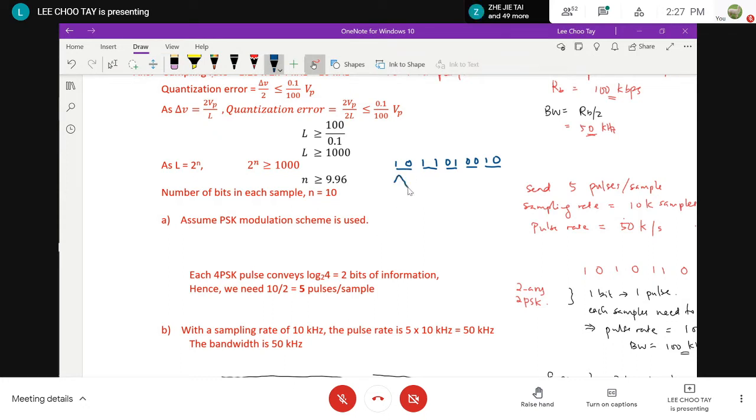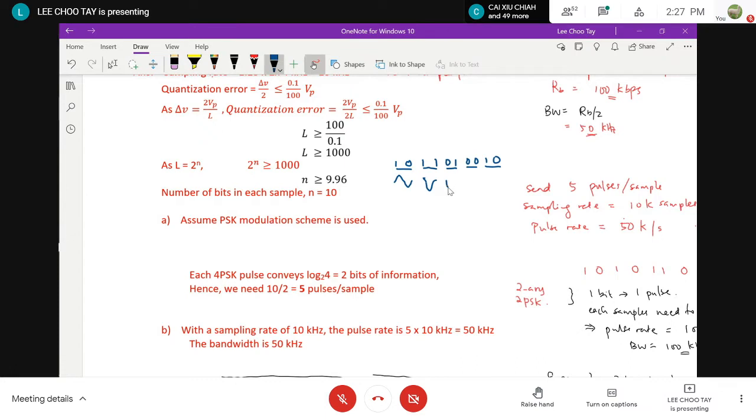So this is one pulse. Okay, so this is another pulse. It doesn't care about what we call the phase. Let's say I just simply draw. Say this one I use this pulse. Okay, this one maybe I use